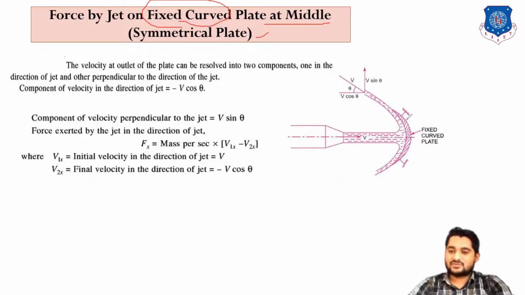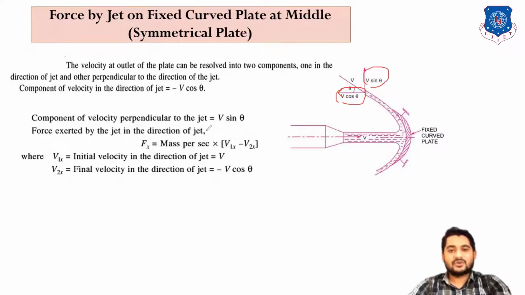symmetrical. So as shown in this sketch, fixed curve plate is here which is symmetrical about x-axis. Now here from the pipe one jet is coming, so velocity of the jet is v. After striking the plate, the jet will move in this direction, so that is final velocity of the jet. If this angle with respect to this direction is theta, then we can divide this component into two segments. Nearer to theta, that is known as v cos theta, and opposite to theta, that is known as v sin